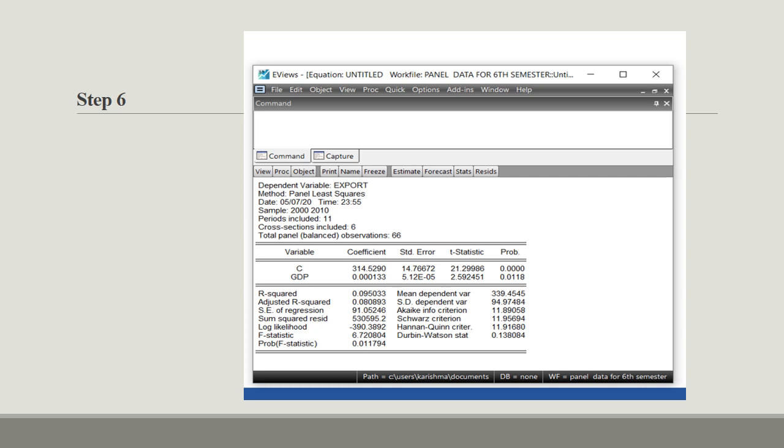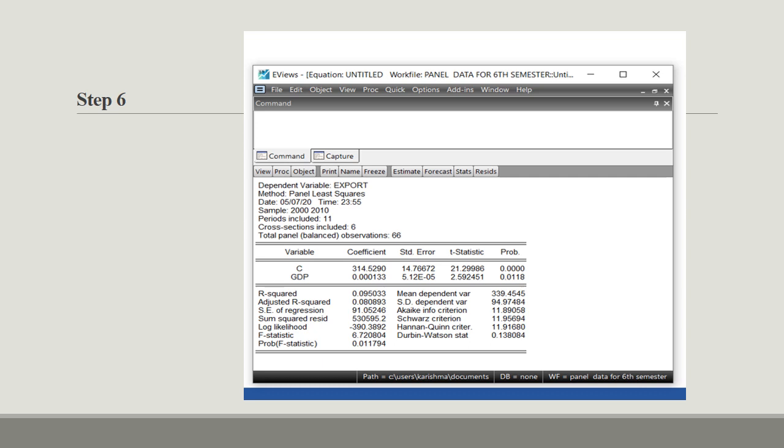First of all you have to check the R square, adjusted R square and their level of significance. R square here is 0.095, adjusted R square 0.08, and the value of the F statistic is 6.72 and the probability 0.01, that is significant at 5% level. You can check your Durbin-Watson value from here also. Here the DW statistic is coming 0.138.